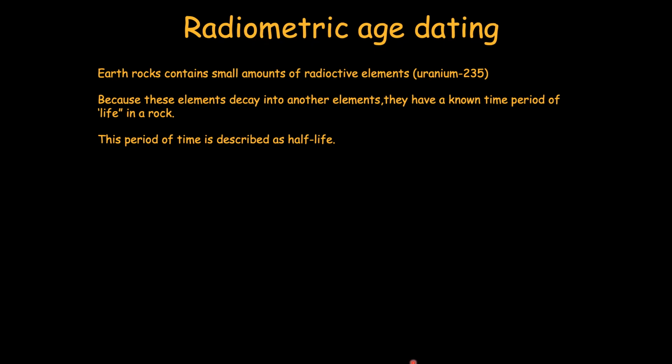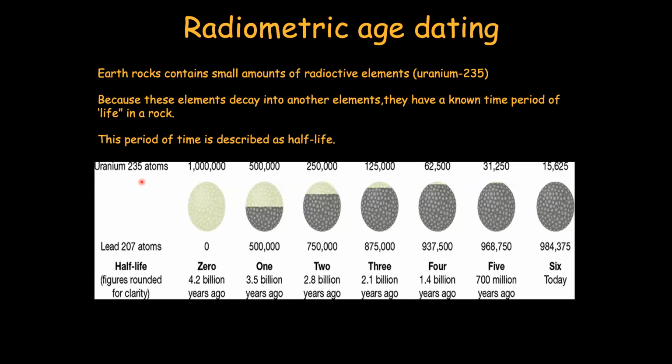For example, uranium 235 decays into lead 207, and it takes 700 million years for that to happen. So, if you have a rock sample